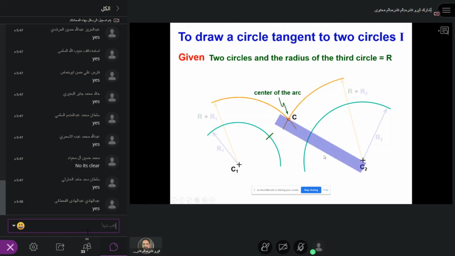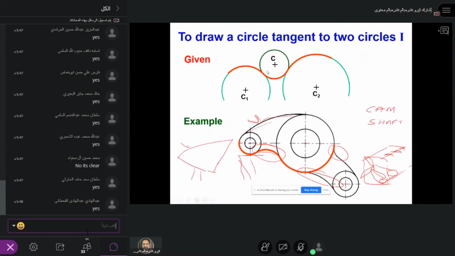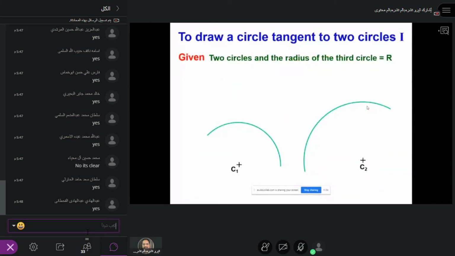If you see the previous case, this is what we are doing now. It's a pretty easy case. You know this radius, and this radius is given as capital R, so R plus R1. You make an arc here, and similarly another arc here, which meet at this point. Then join it here and here, take this as the center and just draw it. It's very easy, correct? I repeat again, listen carefully, pay attention.